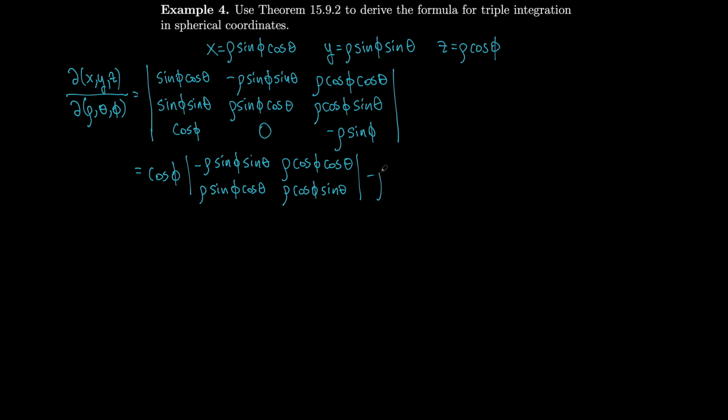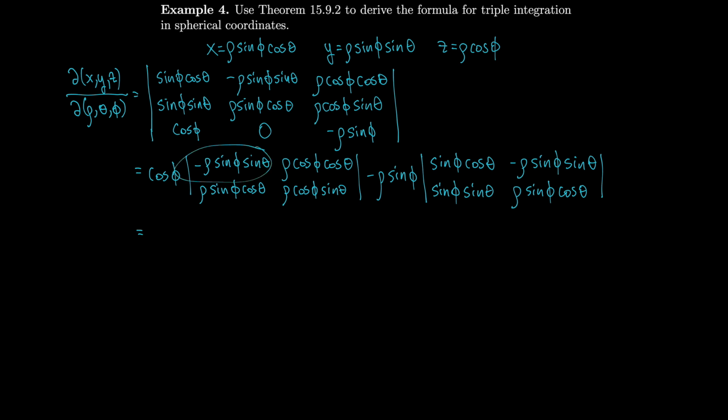Minus, well, 0. So then minus rho sine phi times our last one. So that's sine phi cosine theta, minus rho sine phi sine theta, sine phi sine theta, rho sine phi cosine theta. So we have to multiply our diagonals and subtract. So we do that, and we get cosine phi